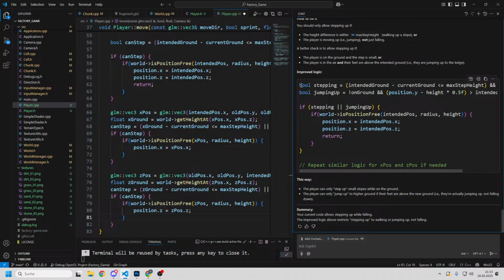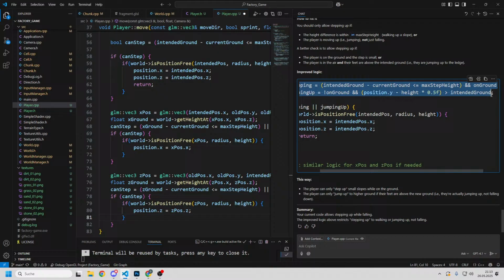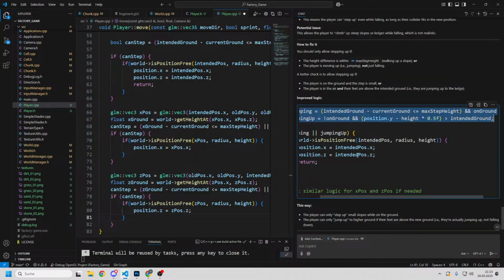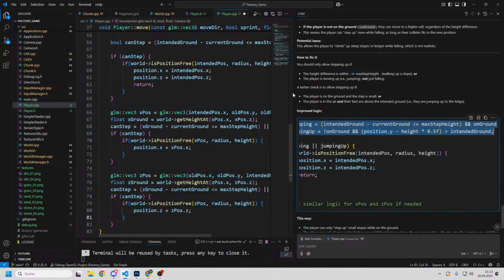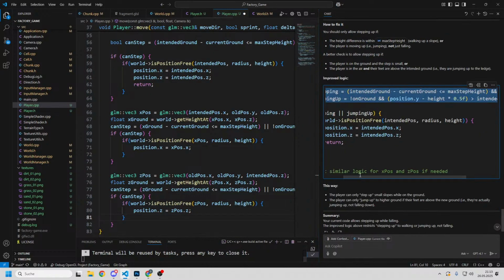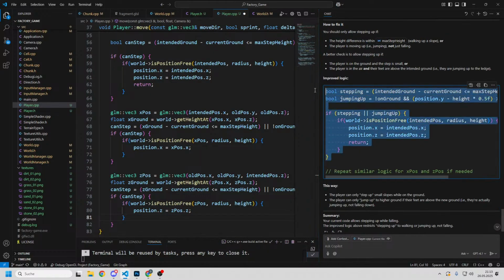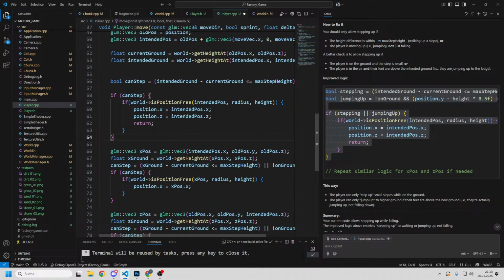So improved logic is going to be this. Let's check that in the code. Let's just copy this whole thing. And then I think we can replace the